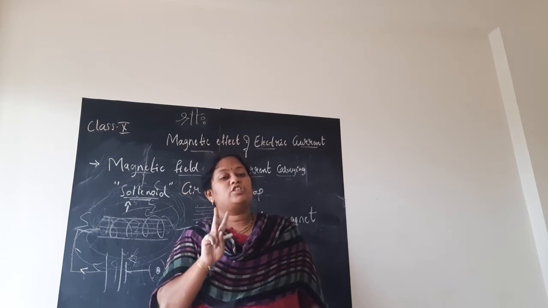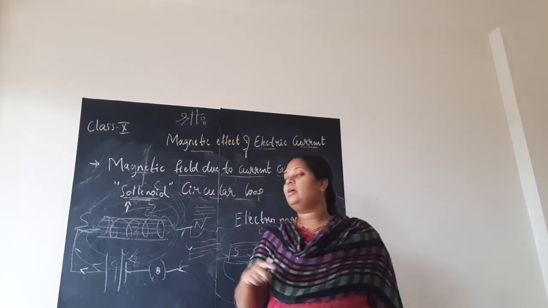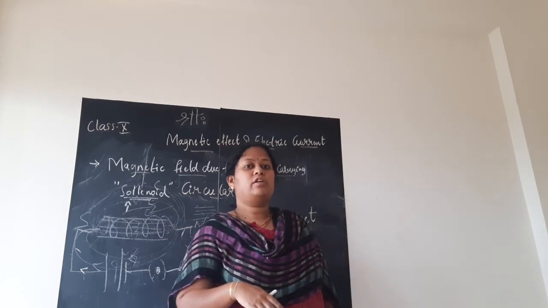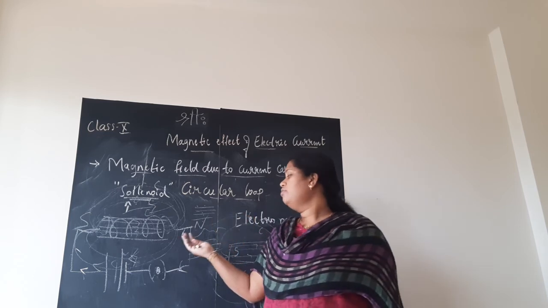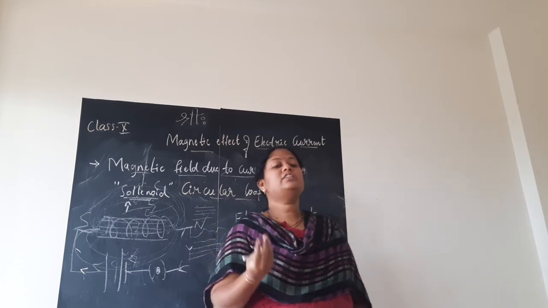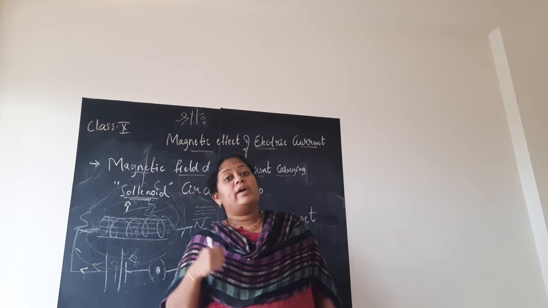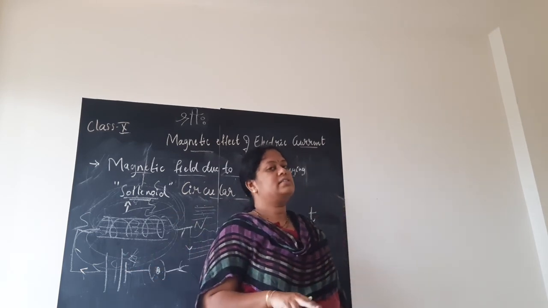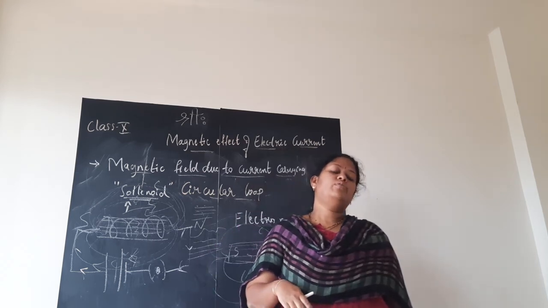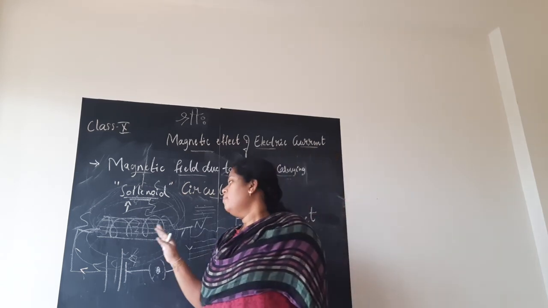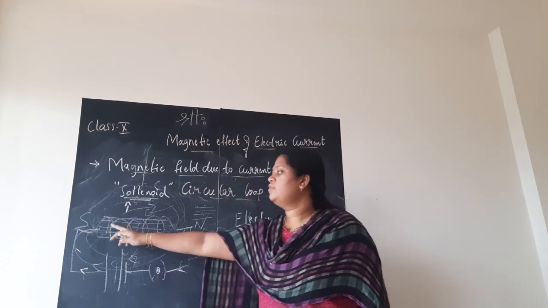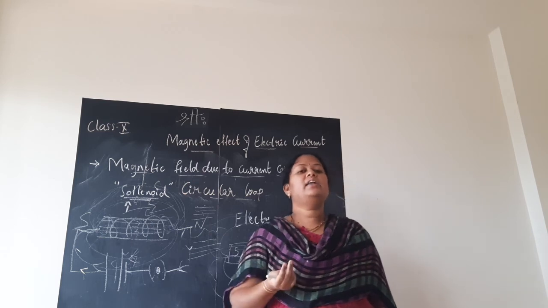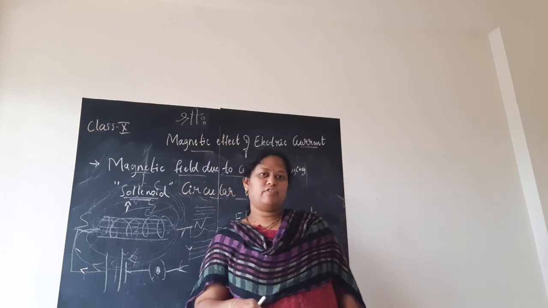Here there are two possibilities of questioning, children. One, they may ask what is the field strength inside the solenoid? You should say the magnetic field lines are parallel inside the solenoid, hence we can say that it is uniform. Why it is uniform, how it is uniform, they may also ask. So you should know both the answers. If they ask how it is uniform, you will tell them that the magnetic field lines inside the solenoid travel from south pole to north pole and they are parallel to each other. The parallel lines show that the magnetic field strength is uniform.